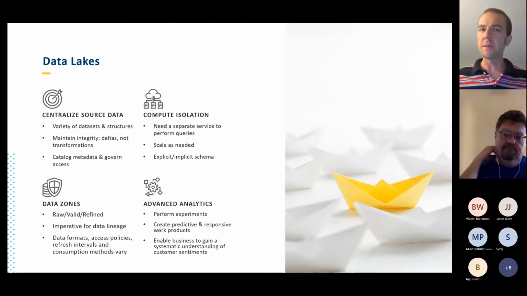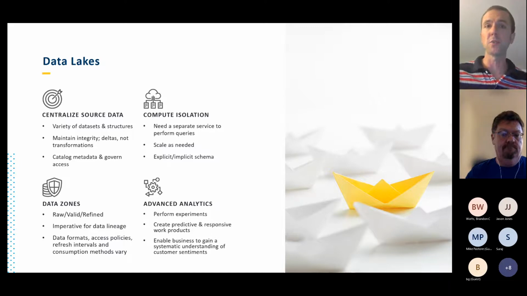It's important to think about schema when you think about your Databricks data lake processing. Some of it you'll know ahead of time, but some of it you won't. So JSON files are great, but they also don't have enforced structural integrity. So you might end up with more dynamic schema and doing schema on read. So as we think about data lakes, the real benefit that organizations get out of them is that advanced analytic capability where we can perform experiments.